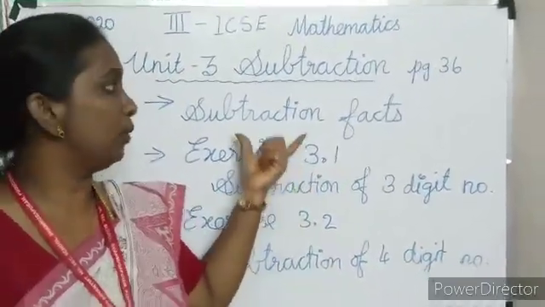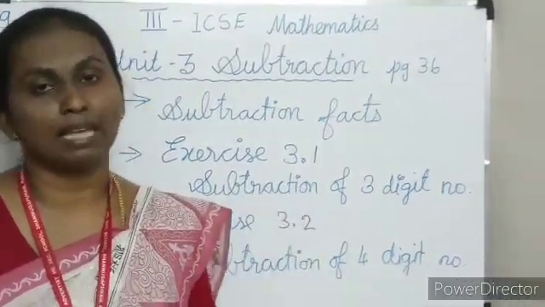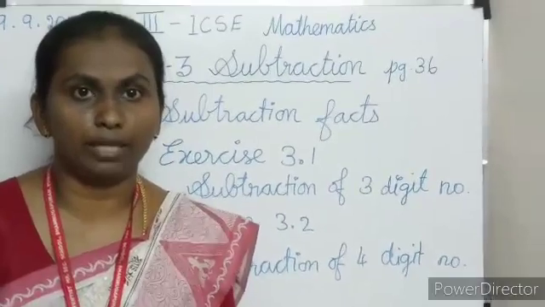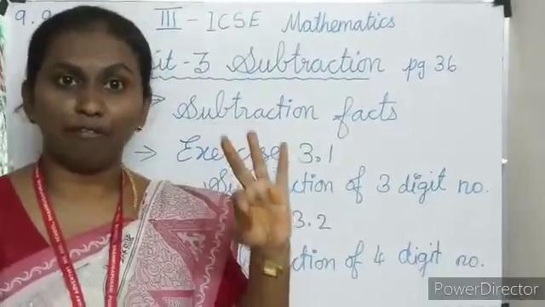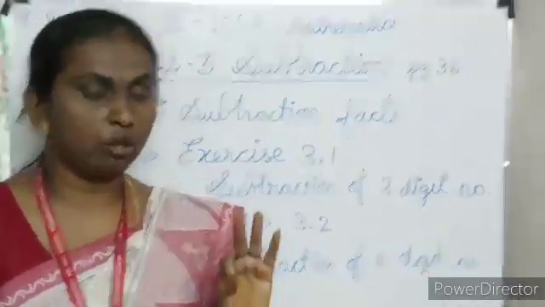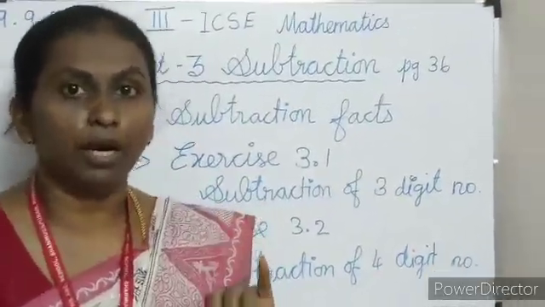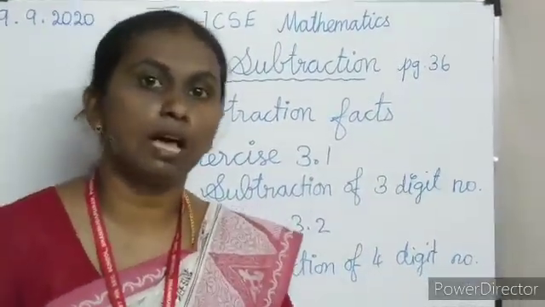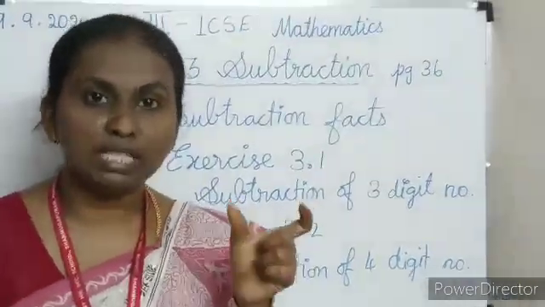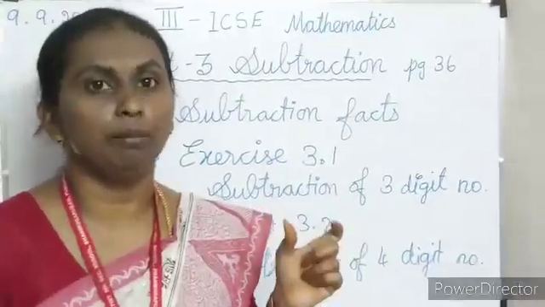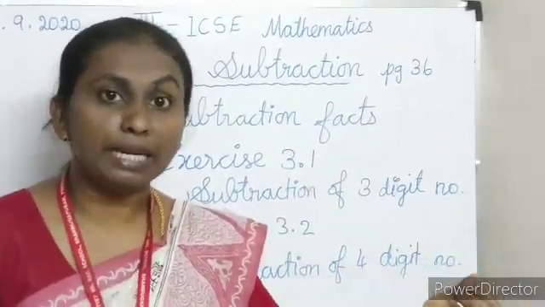First thing we are going to see is the subtraction fact. Yes, we saw the addition fact in the second unit. I think you people can remember that. Now we are going to see about the subtraction fact. We have three facts, for addition also and for subtraction also. When we add 1 to any number, we get the successor number. Similarly, we have a subtraction fact. When we subtract 1 from any number, for example 45 minus 1, we are going to get the predecessor.